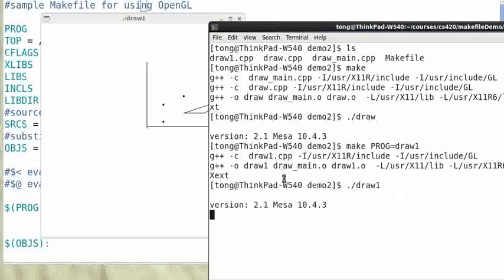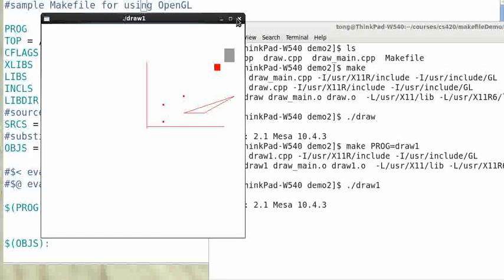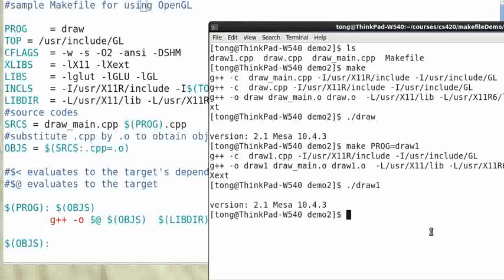So this is another Makefile that shows you how to use the OpenGL library. So you can study it, and modify it